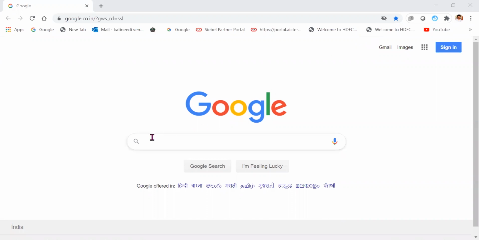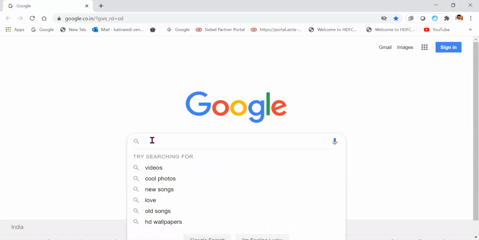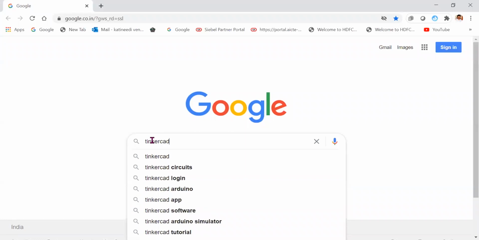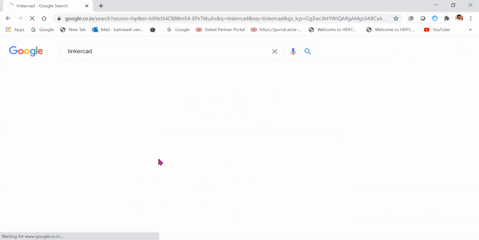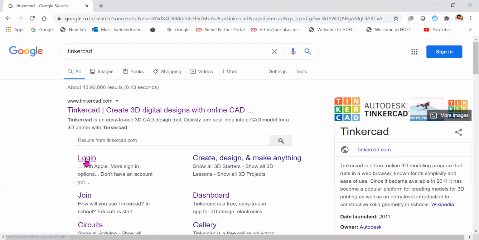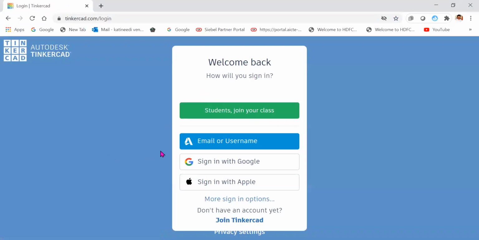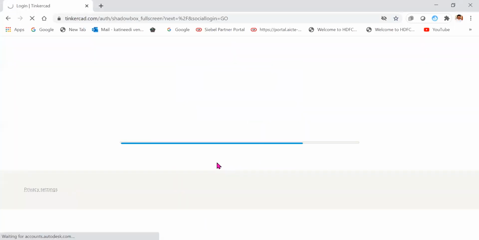So here this is Google, and I am going to type Tinkercad. You have to sign in with your Google account, your Google mail ID.